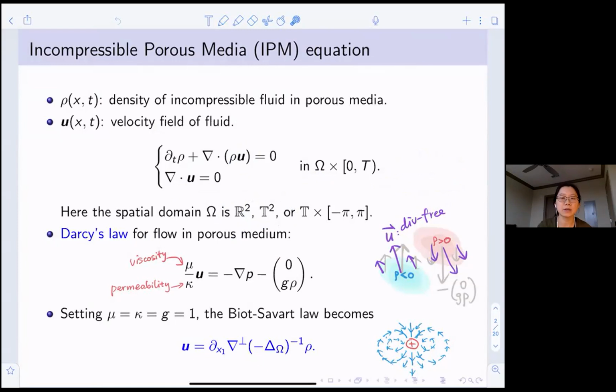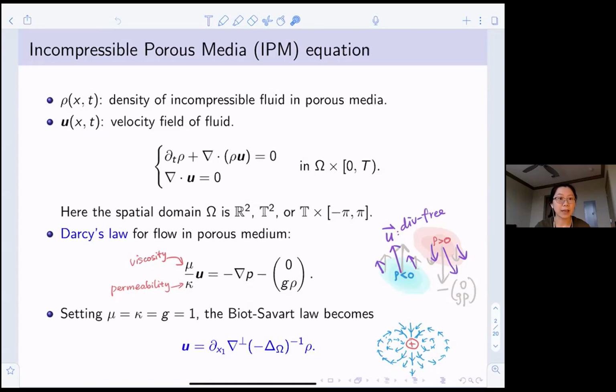What makes this equation special is the rule that the velocity field is determined by the density. We know from Newton's law that usually the acceleration is proportional to the force, which can be seen in, for example, the Euler equation. However, in the porous medium like sand, things behave quite differently, namely that instead of Newton's law, the